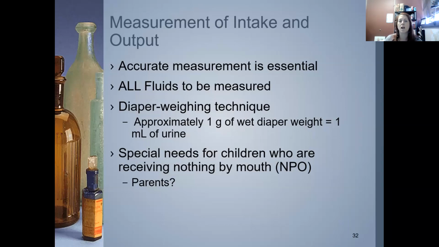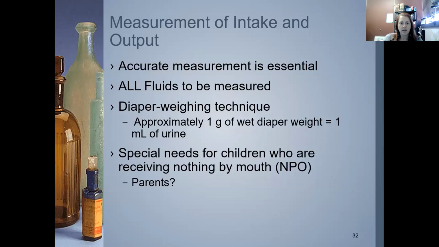And don't forget, you have to subtract the dry diaper weight. The easiest way to do that is to take the same size of that diaper, put it on the scale, zero out your scale, take off the dry diaper and put your wet one on. Or you can just subtract the overall weight. Intake, we've talked about maintenance fluids